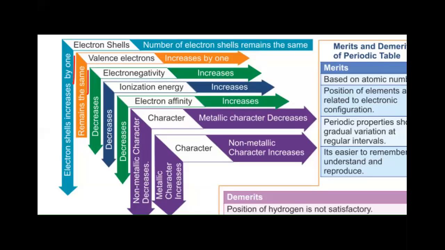Metallic character decreases in going across the period. Non-metallic character decreases in going down the group. Metallic character increases in going down the group. Non-metallic character increases when you're going across the period. So again, the arrows are in the increasing order. All right, so these are the 2 charts I thought I could share with you all, and if you want, you can click a screenshot and keep it with you, because now we will be moving on to the whiteboard.